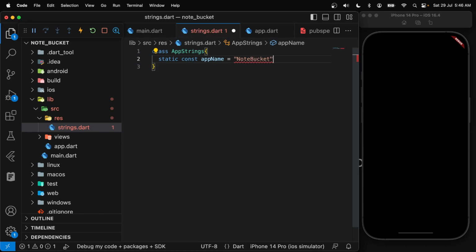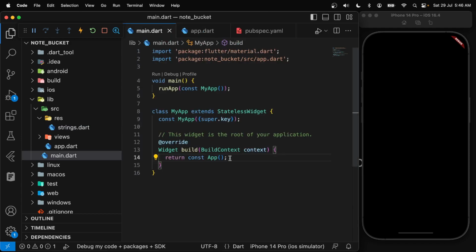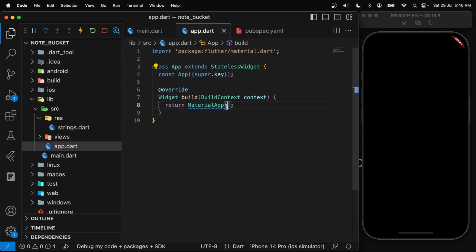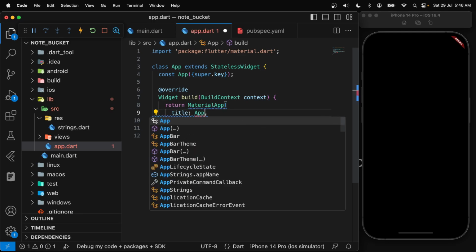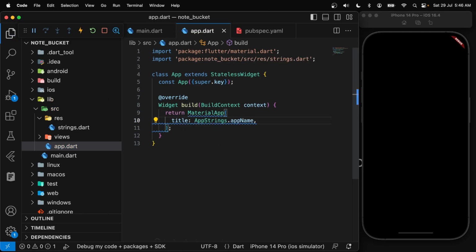You can call it whatever you like, but I'll just call it NoteBucket for now. And close this file. I can go back to my app. Inside of material app, I can give it the title. The title can be AppStrings.appName. Okay, all right,